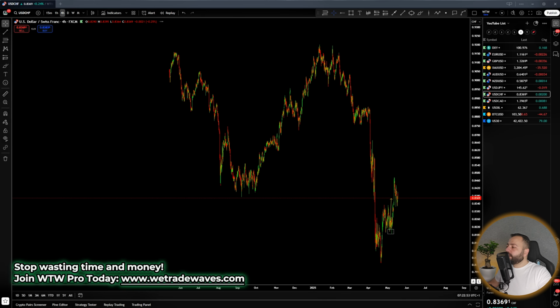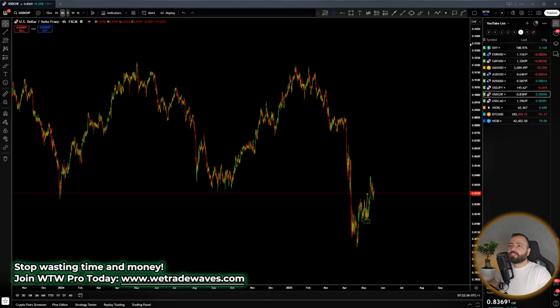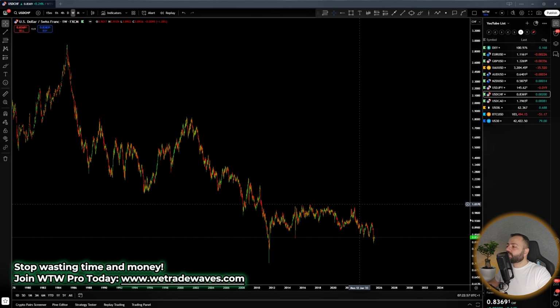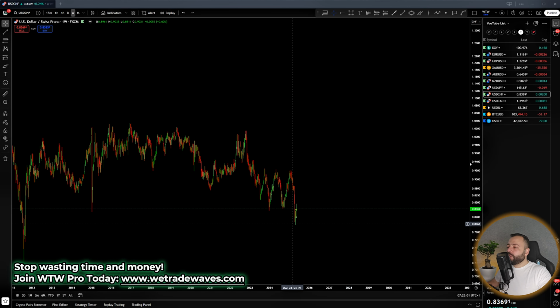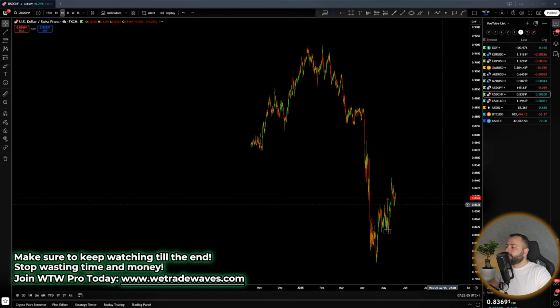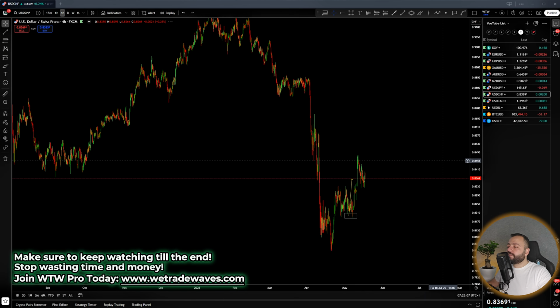Dollar Swiss for this one, I hope some of you guys are in the buy. I just showed you last time the weekly structure. This is actually the weekly chart, and we are at a low. Anytime you get a buy setup, you should go for it. And if you are in the buy, make sure to move your stops and let the market unfold. You must be in profits by now.